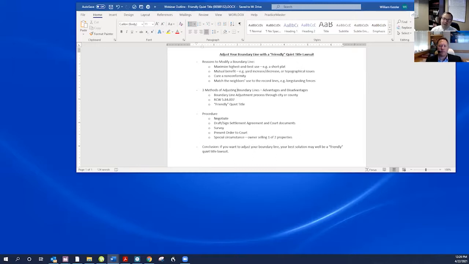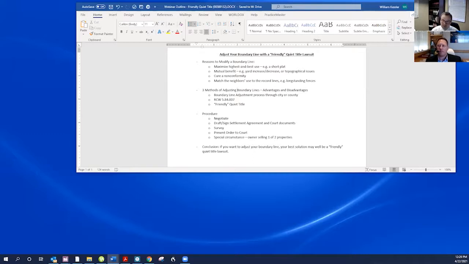In other words, under this narrower interpretation of the statute, which I personally disagree with, the statute would not apply to allow neighbors to voluntarily adjust their boundaries in run-of-the-mill situations where they just want to reach an agreement, but there is not genuine uncertainty about where the deeded line is. So that may be one reason why title companies are reluctant to insure title when this type of agreement is used.